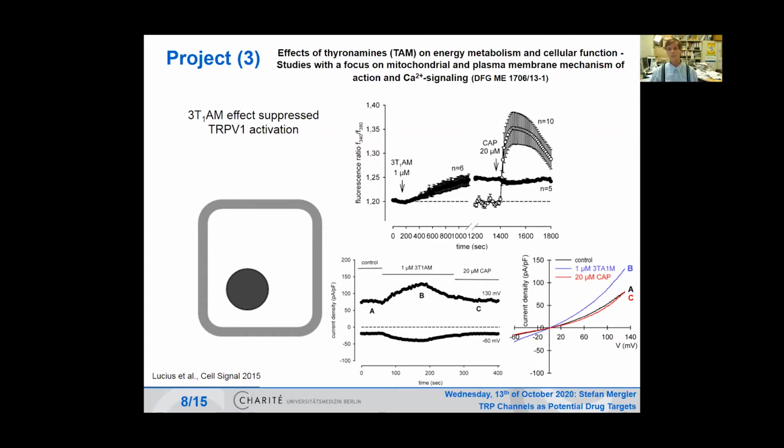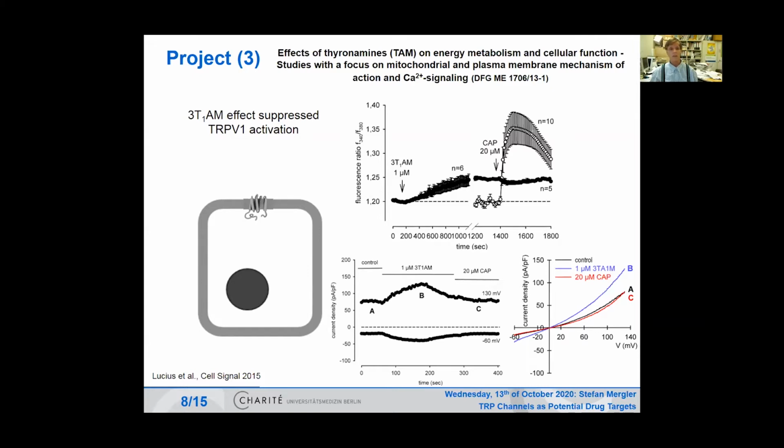In some previous publications we could show an association between thyronamine and TRPM8, interestingly. And this is like a cooling agent. It means if we apply thyronamine to the cells, there's an activation of TRPM8 channels and corresponding calcium influx. And this experiment